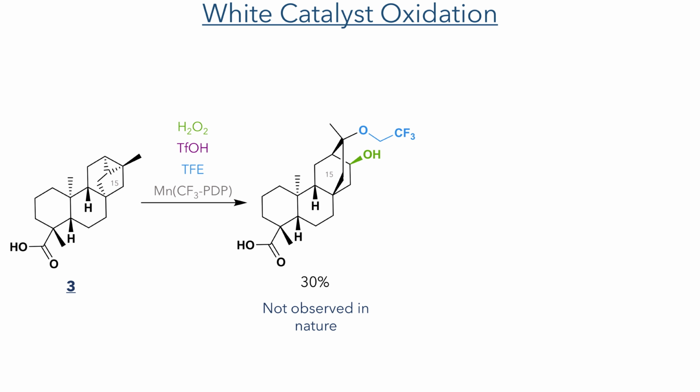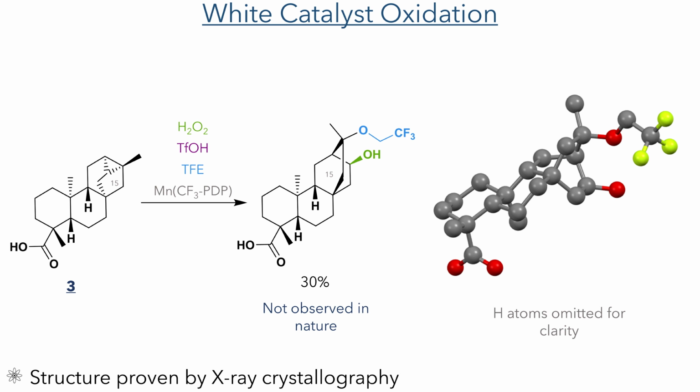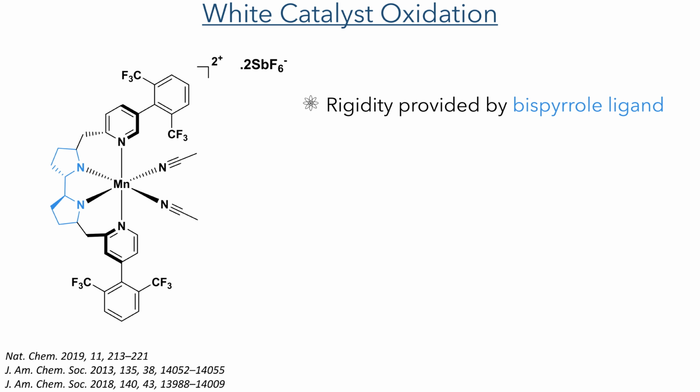In the next reaction, they used the carboxylic acid and reacted it with White's catalyst. This formed a rather unusual product, incorporating a trifluoroethyl group in addition to a hydroxyl group. This was formed in a 30% yield, and the structure was proven by X-ray crystallography. The catalyst used is similar to that which was used in the total synthesis of deoxoapatine, which we saw in